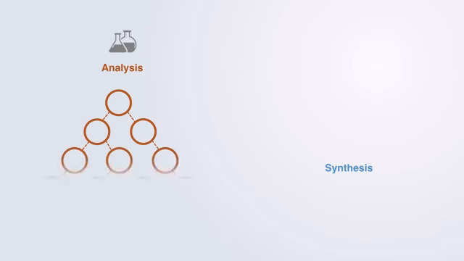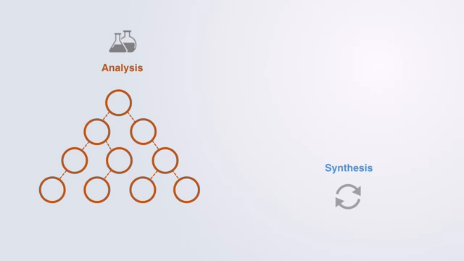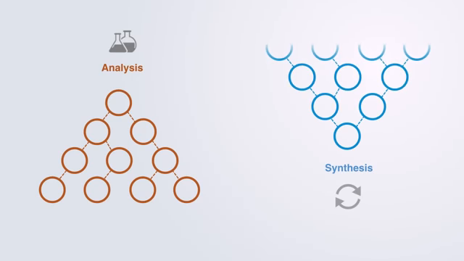Now, there are two fundamentally different paradigms within science. One is called analysis and the other synthesis. Analysis is the traditional method of reasoning taken within modern science, whereby we try to gain an understanding of a system by breaking it down into its constituent elements. On the other hand, synthesis, which is the foundation to systems thinking, works in the reverse direction, trying to gain an understanding of an entity through the context of its relations within a whole that it is part of. But let's start by talking a bit about analysis.